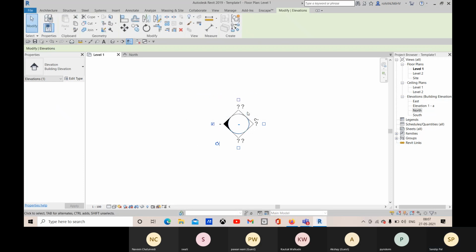If you uncheck it, then the view which was created has been deleted, and then you need to define this direction, and now this view is created. So this is the direction for your camera.